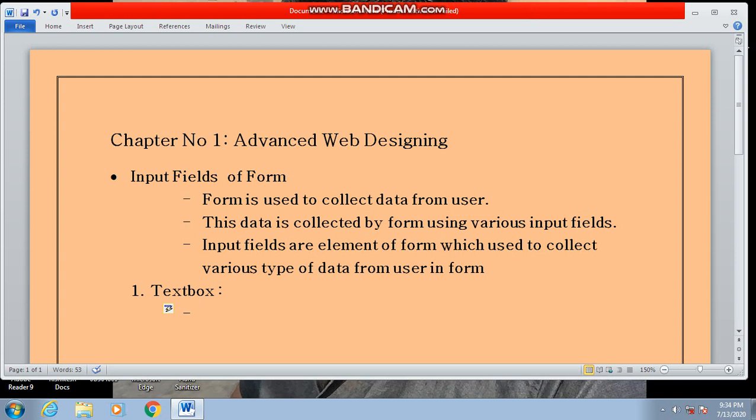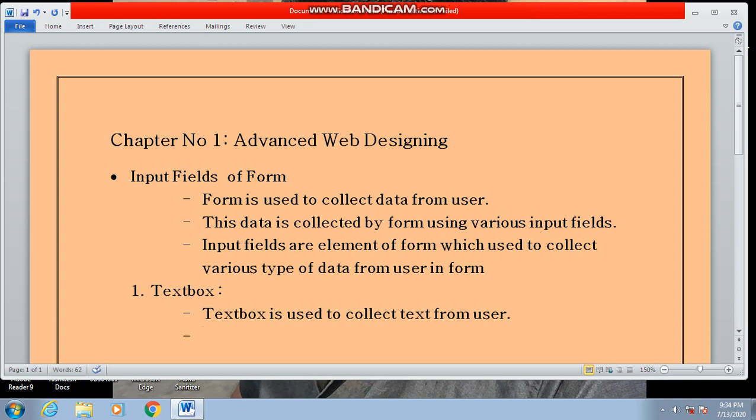The text box input field is used to collect text from the user. It is for two or three words or single-line text only, because a text box accepts only 255 characters from the user. For limited text, a text box is used.